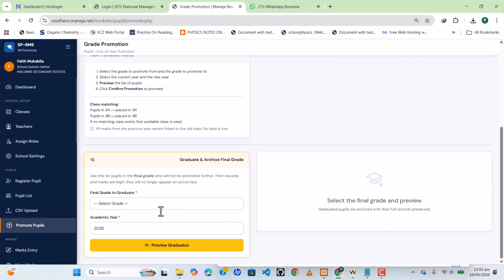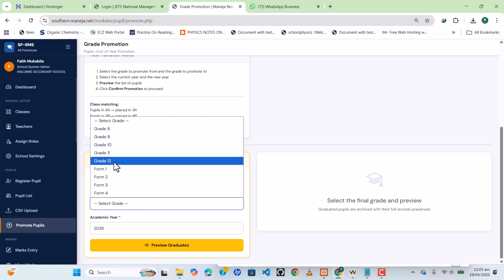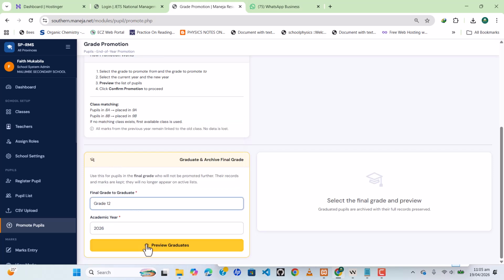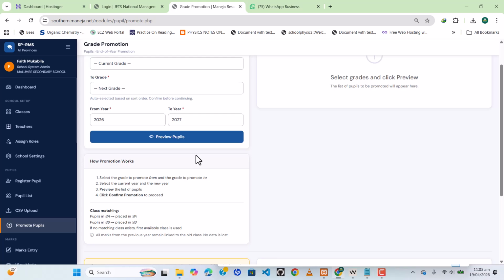We'll start with the bottom form here, where those who graduate, the final class, will be archived. So you select a grade 12 class at the end of the year, and then you can preview the graduates and then archive them. They will not be deleted, they'll be saved on the system, their results will still be accessible, but they'll be moved out of the grade 12 classroom to leave room for the grade 11s to be